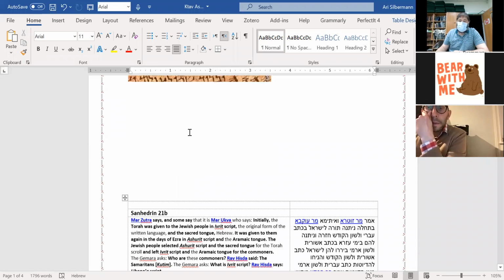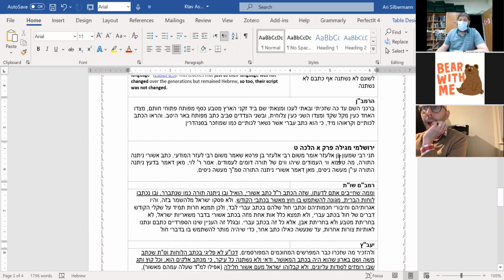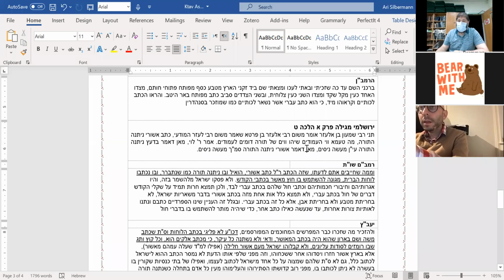So, interestingly, the Yerushalmi, over here in the source, the second source after the Rambam: Tani Rabbi Shimon ben Elazar omer, from Elazar ben Parata, shama mishum ben Elazar ben Amadi, katab Ashuri nitna Torah. The Assyrian script was the Torah given. Ma tama vavei amudim, shiu vavim shetorah doim amudim. Right? The Vav of the Torah is similar to the Vav of the amudim, the poles.